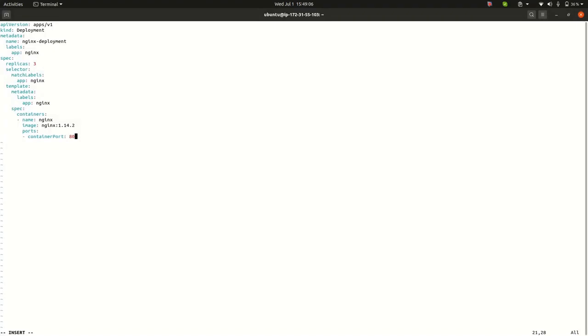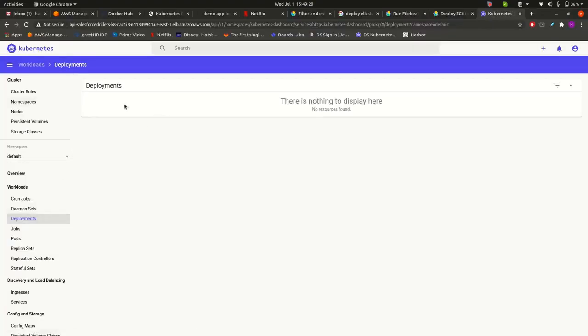Let me explain this YAML. What this YAML is saying: kind Deployment means this is a deployment YAML, and the name says nginx-deployment. So this will be our deployment name. When we deploy this particular YAML, in the deployment we will get a name that says nginx-deployment,